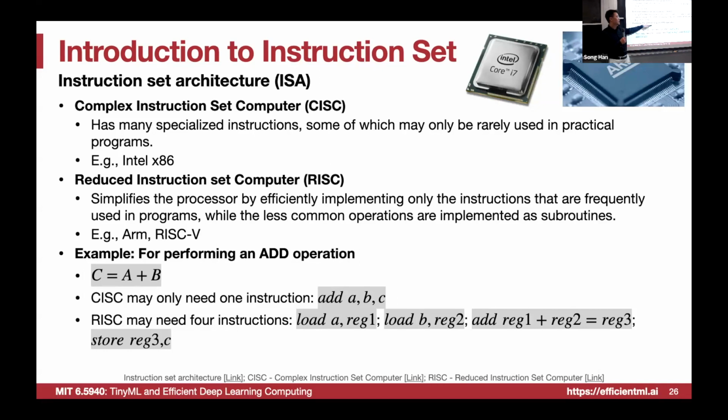For example, doing a simple add operation like C equals A plus B, the CISC may need only one instruction, like add A B C. It automatically fetches A and B from memory, adds them together, and stores the result back in the memory. While in the RISC, we may have to break it down into several instructions: load A into register 1, then load B into register 2, and then add register 1 and register 2 together. The result we store in register 3, and finally we store register 3 to the memory location